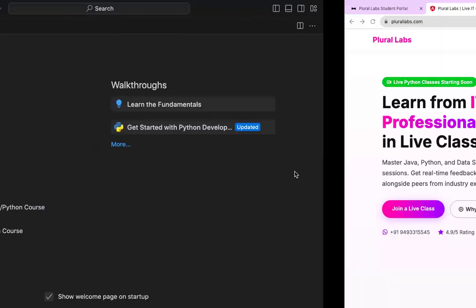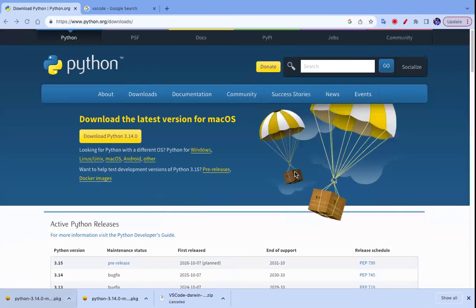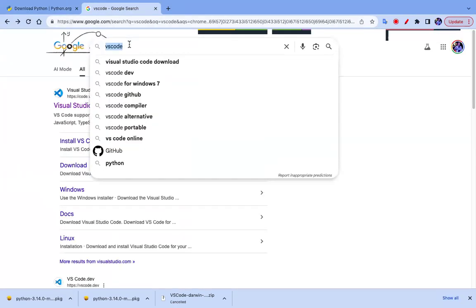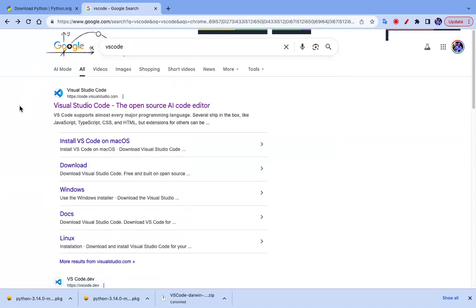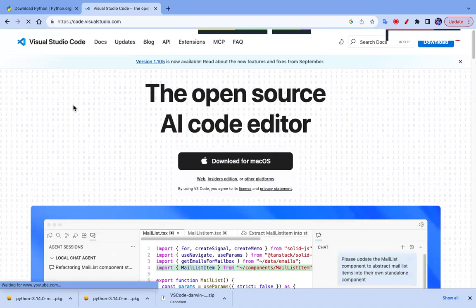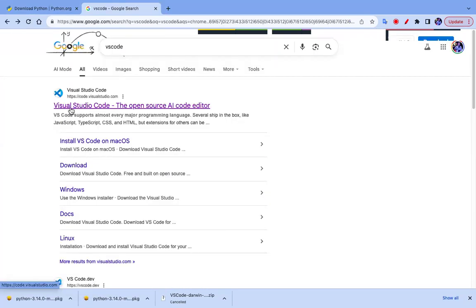So to install VS Code, again go to Google and type VS Code. Once you search for VS Code, the full form of VS Code is Visual Studio Code. This is the editor which we will be using, and this is from Microsoft. It is used by millions of developers, and also at enterprise levels. So once you click on the first link,